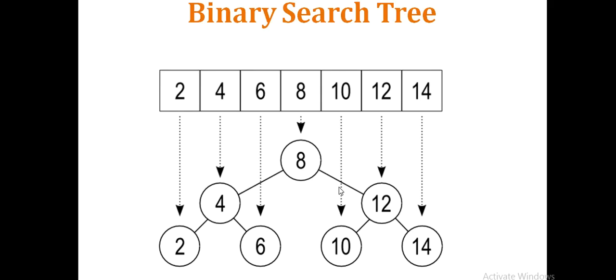Moving on, whenever we are talking about the minimum element in the given binary search tree, by looking at this tree we directly come to know that it is the extreme left element. Extreme left means 4 is to the left of 8, again 2 is to the left of 4, and there is no left element for 2, right? So 2 is at the extreme left. Whatever element lies at the extreme left will be considered the minimum element of that tree, right? So this concept will be required during the execution.